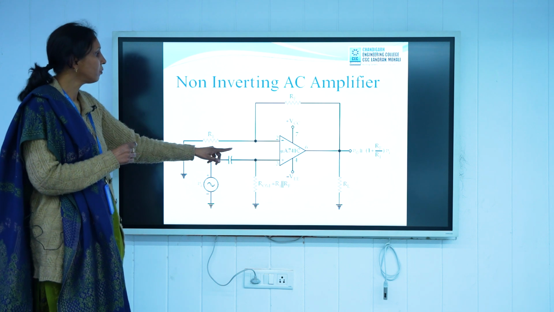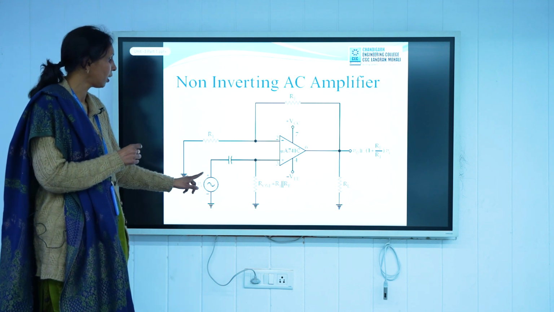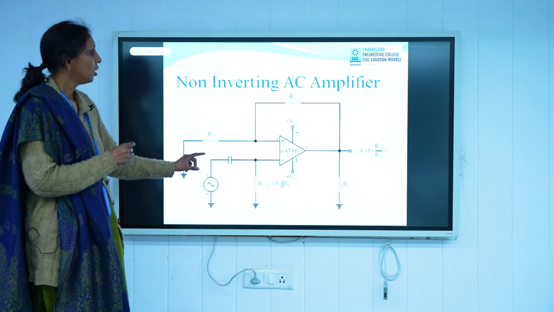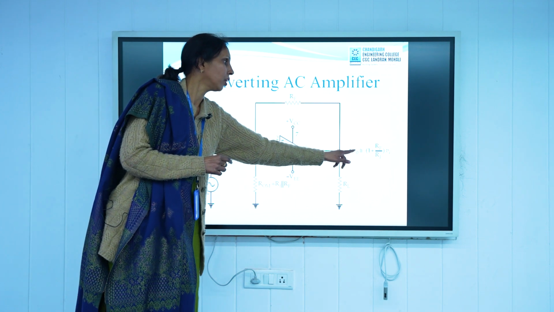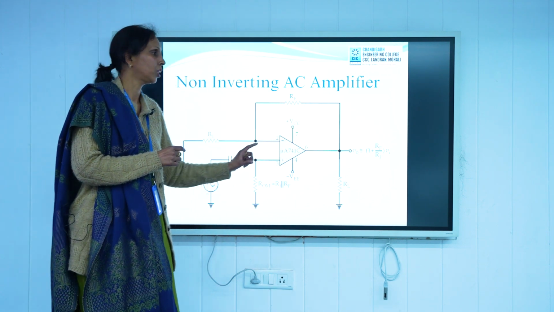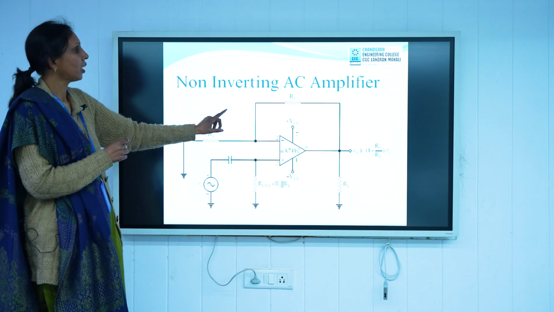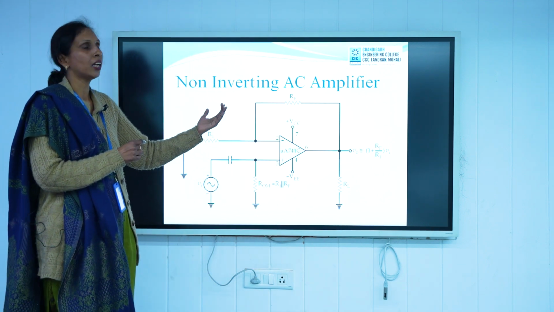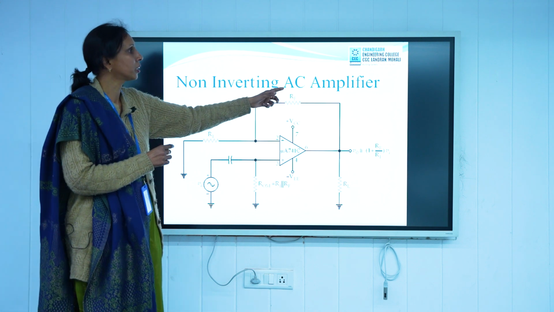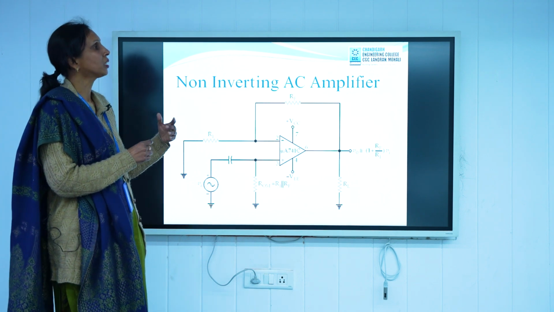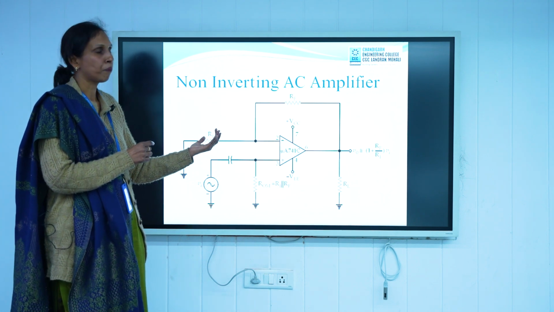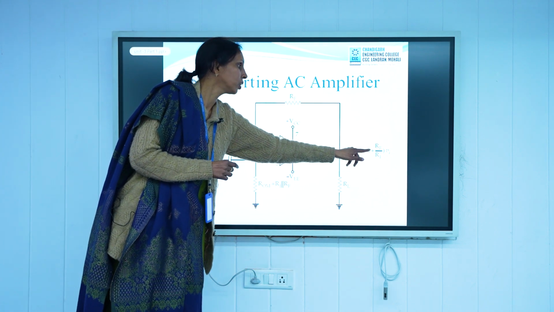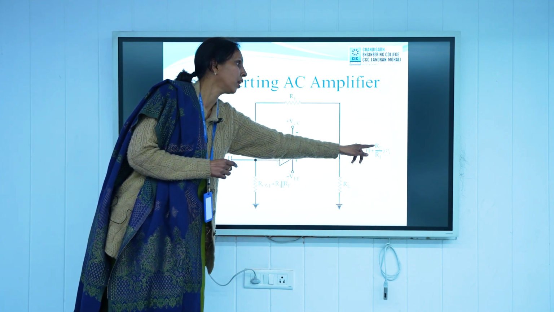In case of a non-inverting AC amplifier, we provide an AC signal to the input, which can be a sine wave. In an inverting amplifier we get the inverted sine wave. If it is a non-inverting amplifier, we get the same sine wave, but increased in amplitude, because we are using it as an amplifier, which means we are increasing the signal amplification. The expression, which we already used in the previous case, is 1 plus Rf by R1